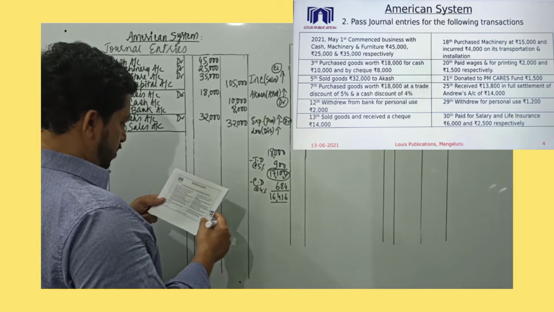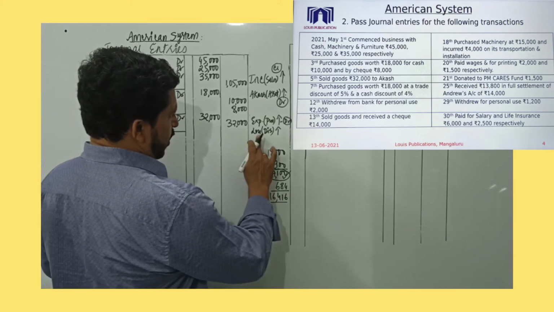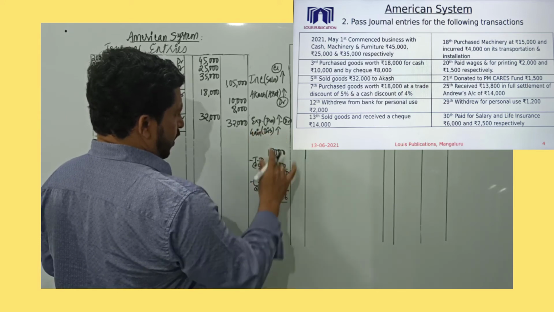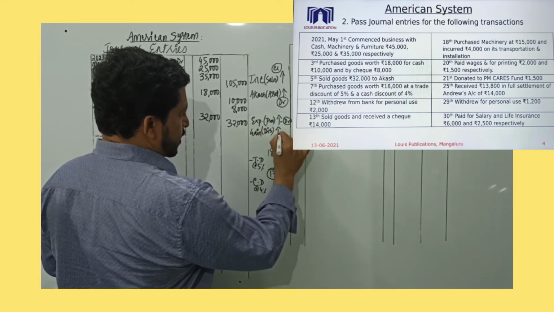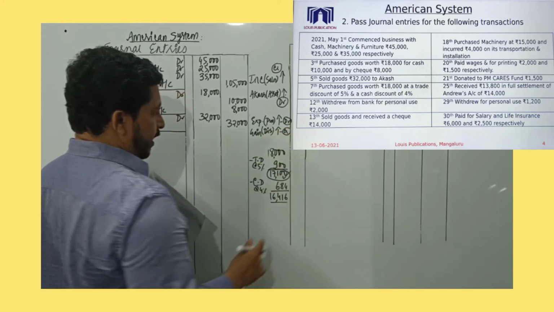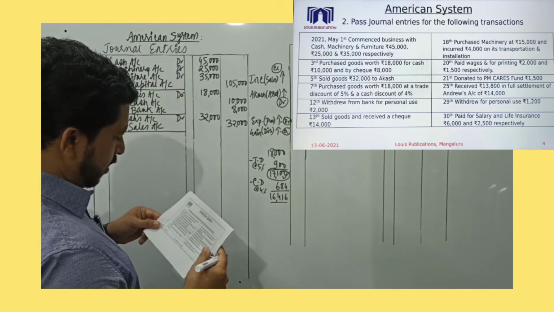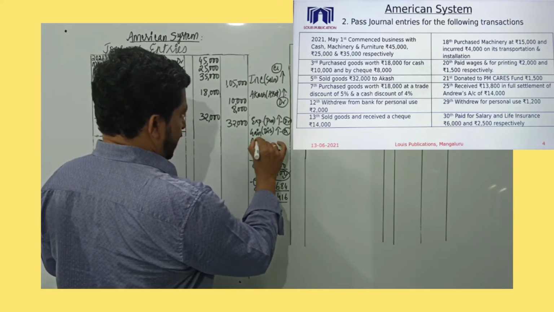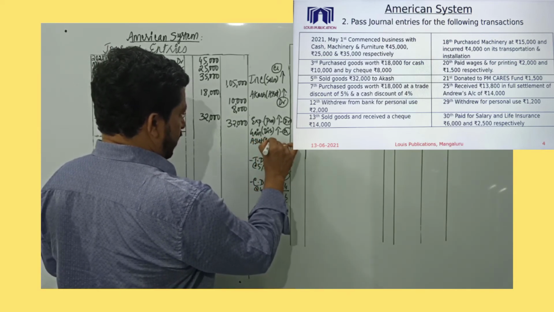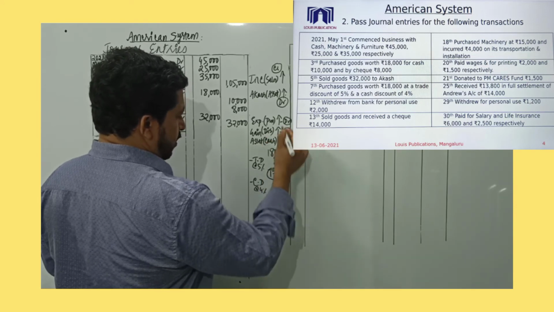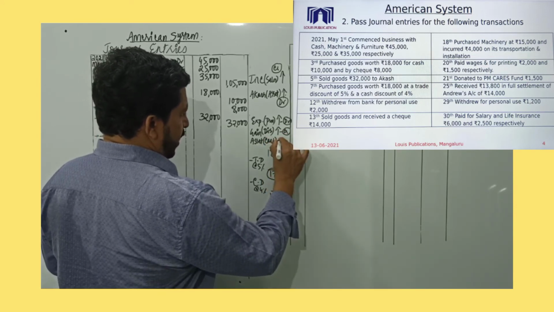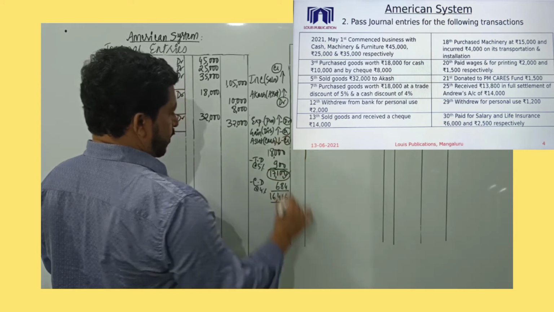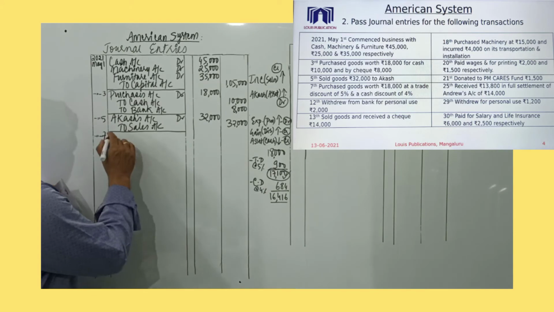So discount, sorry, this is discount received, not discount allowed. This becomes a gain because on purchases we are receiving discount, and when gain or discount increases, it is a credit. Credit all incomes and gains, as you have in nominal accounts. And then we have another account present, that is cash, that is an asset. So I record over here cash. When purchasing, we have asset value decreasing. So asset value decreasing is credit. So the entry would be cash,